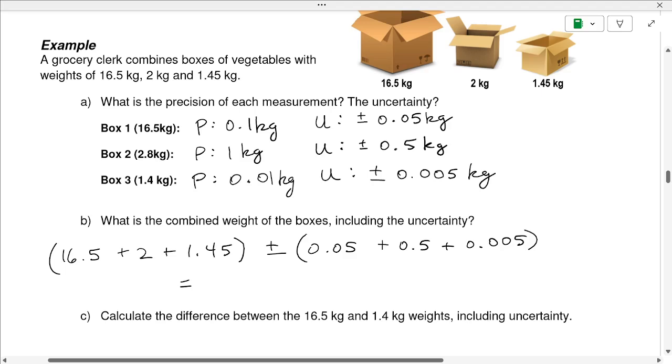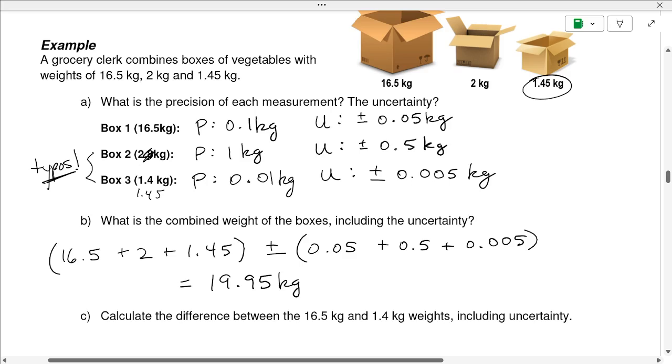Did I do that right? 16.5, 2, oh, wait a minute. Oh, hang on. This is 2.8. That's okay. I'm going to assume that's the right number. I'm going to get rid of, can you get rid of that 0.8? There we go. And this box says 1.4, even though the picture says 1.45. I think that they're typos over here. Careful. We got typos. This is supposed to be 1.45. Okay, so I'm going to assume that the picture has the right numbers and that these are typos. Okay? So re-adding this, 16.5 plus 2 plus 1.45 is 19.95